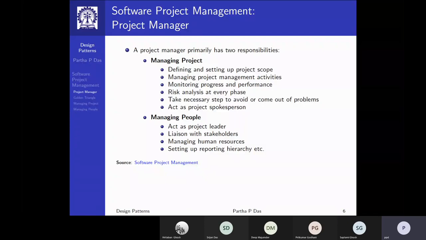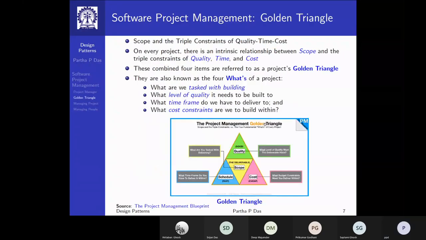But in a software project, besides the management of the project, it is extremely important to manage people, act as a leader, liaison between them, set up the reporting hierarchy, and so on. So these are the two basic tasks, and we will just take a glimpse of what these mean.